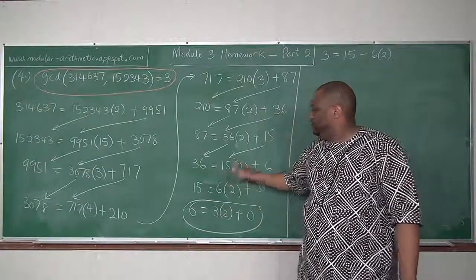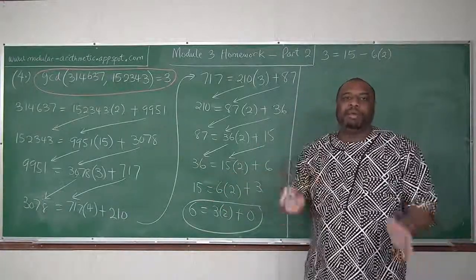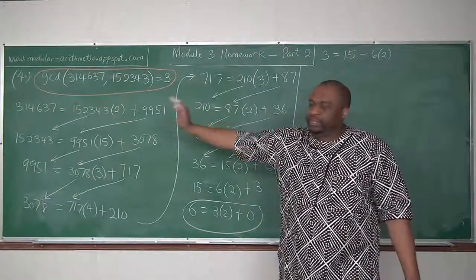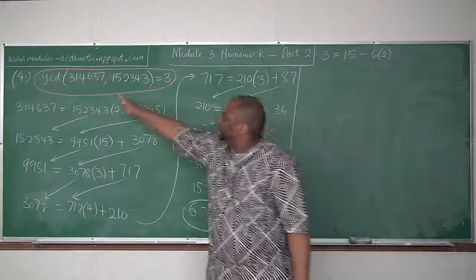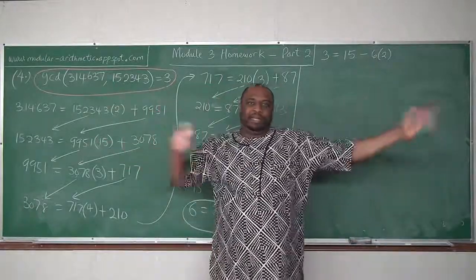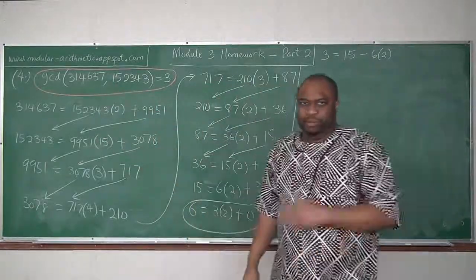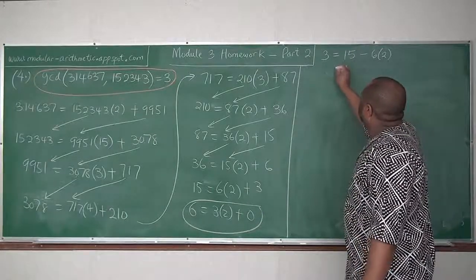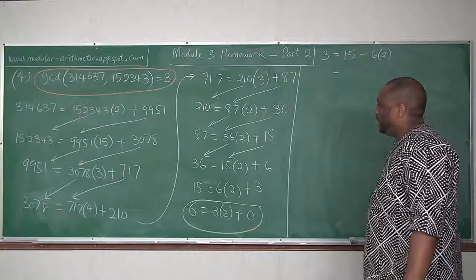36 dividend, 15 divisor. We have to keep, and we need to see that in each case until we get back to this. Then we will see this and this, and we will now find the coefficients. And then we can check our work. Okay, so this 3 is equal to, here,